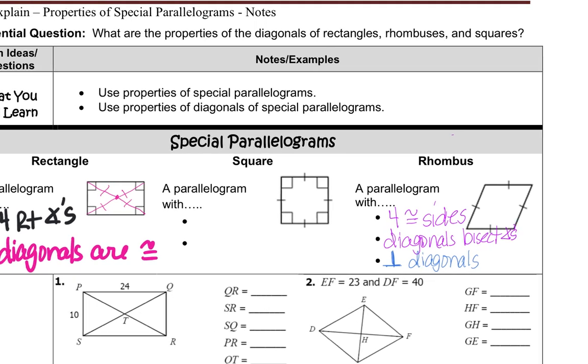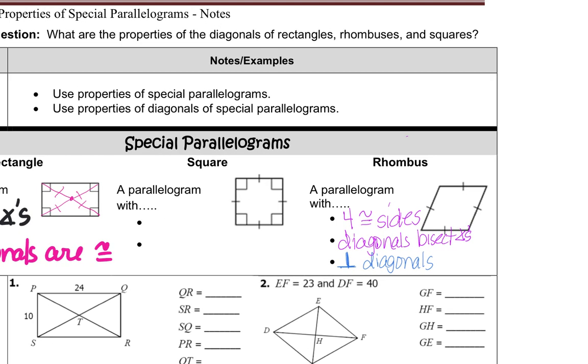So now, let me slide this over. If I were to draw my diagonals in here now, so now this piece is equal to this piece. This piece is equal to this piece. But now they're all right angles at the center. But now this piece is equal to this piece,